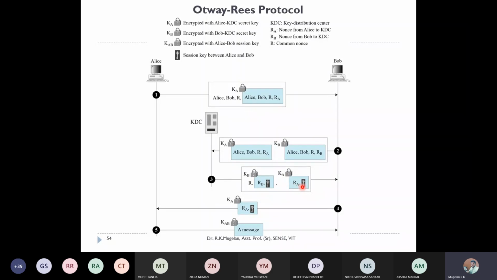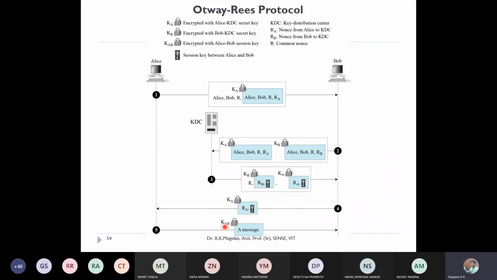Once it is received, Bob can open his intended packet and send the other packet to Alice, where Alice can open it and take the session key. And at last, the common encryption process begins by using the session key.